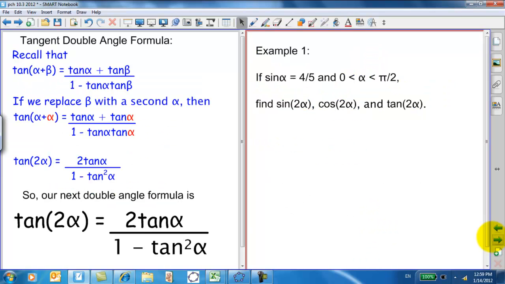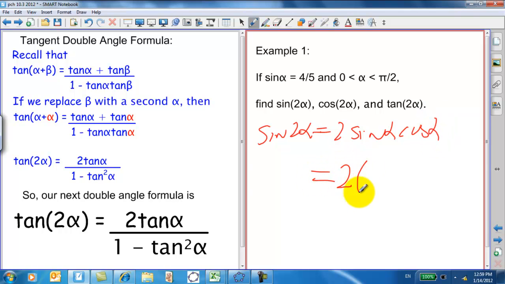Now, let's apply this. Example 1. If sine alpha equals 4/5 and alpha is in the first quadrant, find the sine of 2 alpha, cosine 2 alpha, tangent 2 alpha. So let's start with the sine 2 alpha. Sine 2 alpha will equal 2 sine alpha cosine alpha